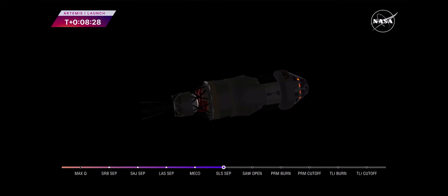That means Orion and the interim cryogenic propulsion stage are now flying free from the core stage of the Space Launch System. The next milestone will be solar array deploy approximately 18 minutes after liftoff. But before Orion stretches its wings, let's check back in with our friends at Kennedy Space Center and hear all about what it was like to hear the rocket roar off the launch pad. Megan